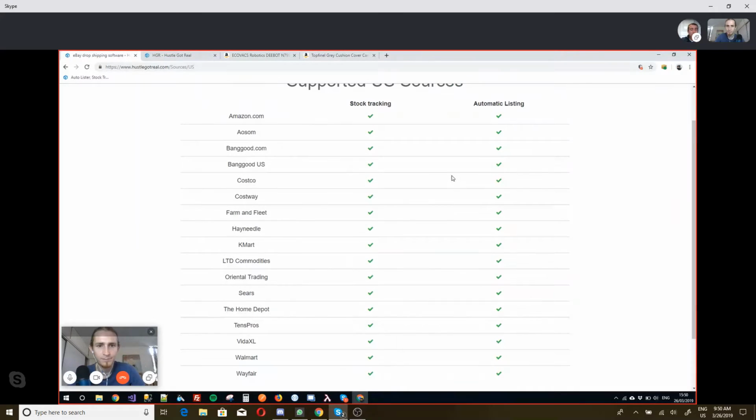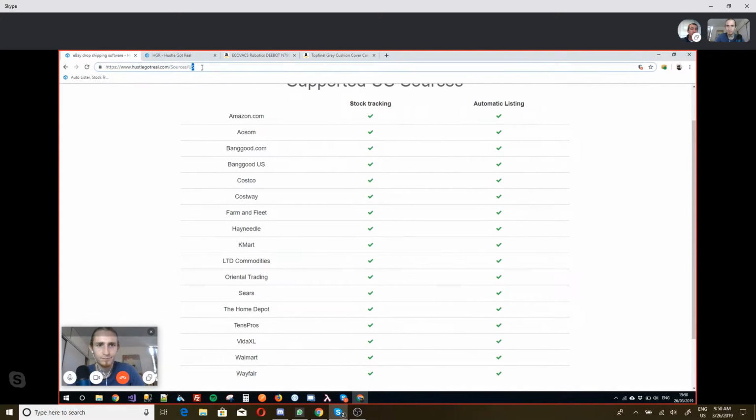This is a complete list of sources that we support at the moment. There are still a few of them that are missing that we have added recently. And we are also open to suggestions for users who want to work with us, but we don't support the source. So we always have the option to add support for these